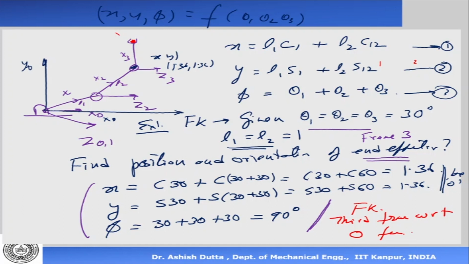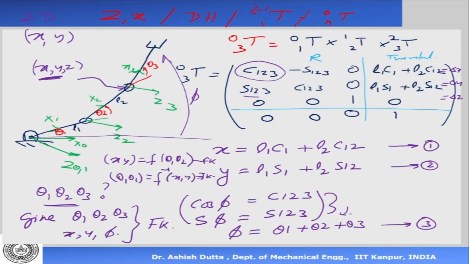Now if you want to find the case for the Puma robot, we can do that also. Let's go back and very quickly look at it. The Puma robot has 6 degrees of freedom. So basically we have to give the 6 variables, the 6 thetas, and all the joint parameters like A and D, and then proceed.